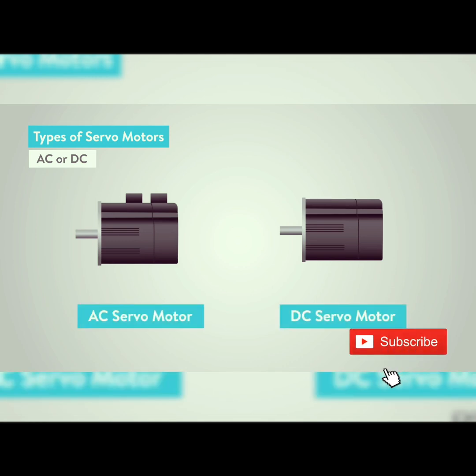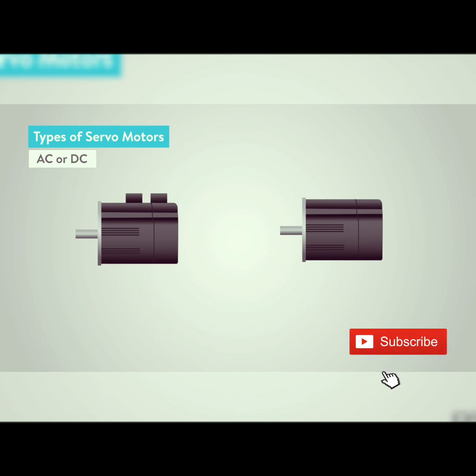AC or DC consideration is the most basic classification of a motor based on the type of current it will use. Looking at it from a performance standpoint, the primary difference between AC and DC motors is in the inherent ability to control speed. With a DC motor, the speed is directly proportional to the supply voltage with a constant load. And in an AC motor, speed is determined by the frequency of the applied voltage and the number of